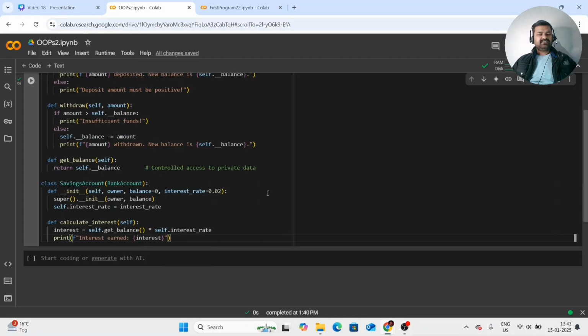For instance, the getBalance method works seamlessly for both types of account. That's it for this demo. As you can see, OOP makes it easier to build modular, reusable and maintainable code. Try creating your own classes or extending this example to reinforce these concepts.